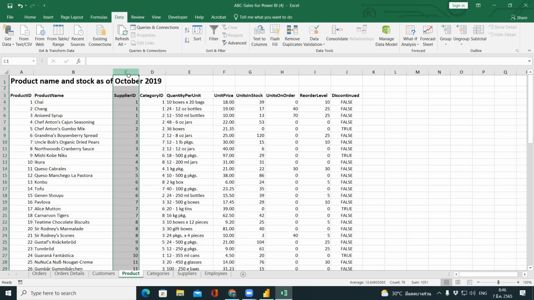The next one is category ID. In this case it might mean that our products have been grouped or classified into different categories. In this worksheet you can see that for category we have 1, 2, 4, 7, 8, 5, 3 and something like that, so there must be some explanation stored somewhere. And then we have quantity per unit, price per unit, units in stock,